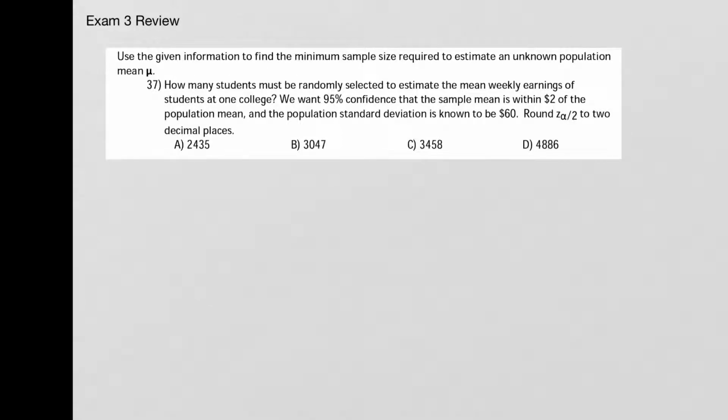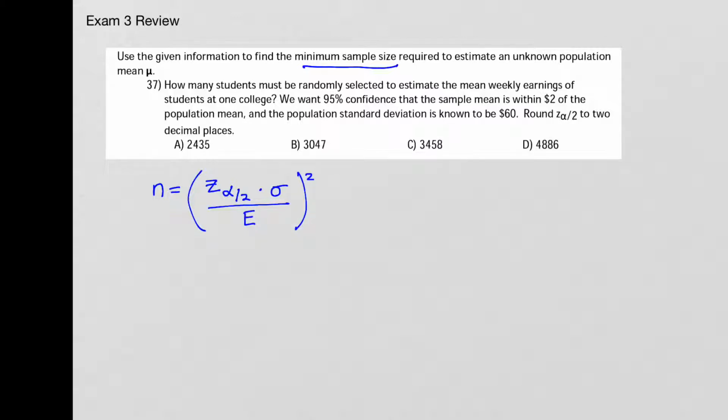In this problem, we want to find the minimum sample size required based on the given information. So whenever I'm solving a problem about sample size, first thing I'm going to do is look at, is it a sample size for a mean or a proportion? And in this case, it's a sample size for a mean. So there's just one formula for that, and that's z sub alpha over 2 times the standard deviation divided by the margin of error,